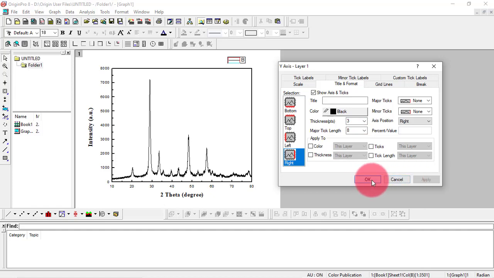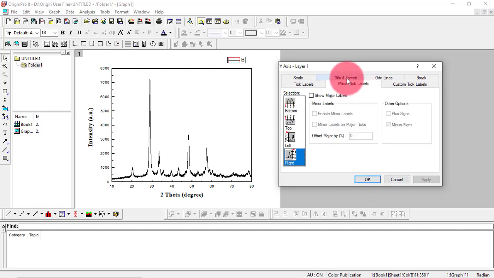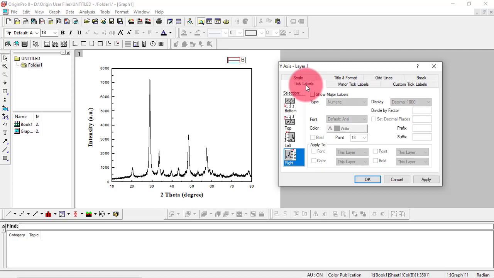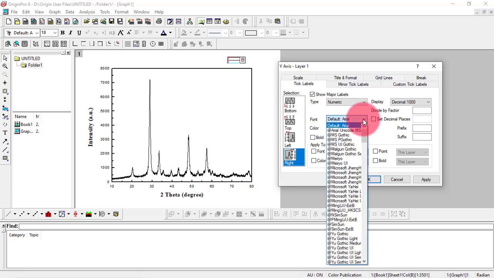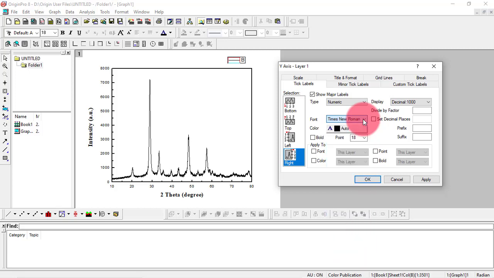So next, you can click on minor tick label. I don't think we need to change anything here. So here you can tick your label. Now these labels, if you want to change their size, you can click show major axis, and I'm going to set it default Arial. Instead of that, I'm going to use Times New Roman. So I'm going to press T here and then down key. I've got Times New Roman and I'm going to enter it. I will select the color to black and I'm going to select the size to 24 and keep it bold.